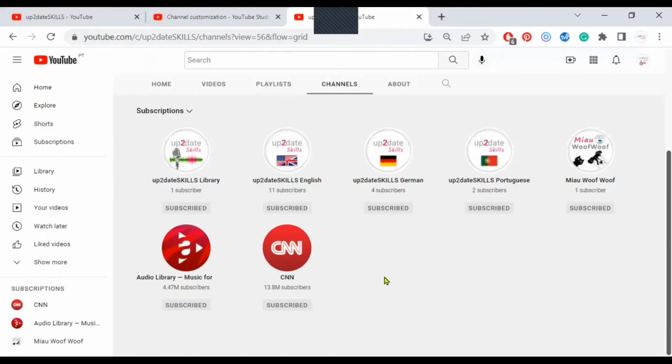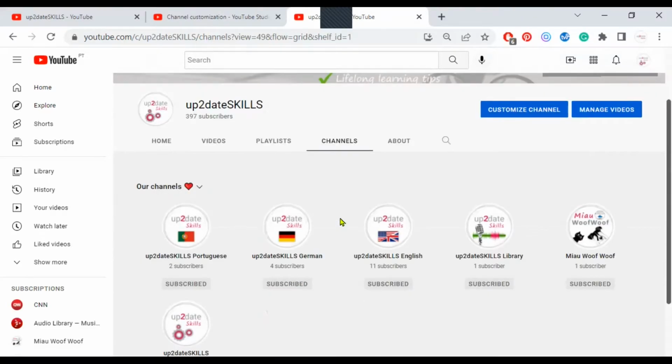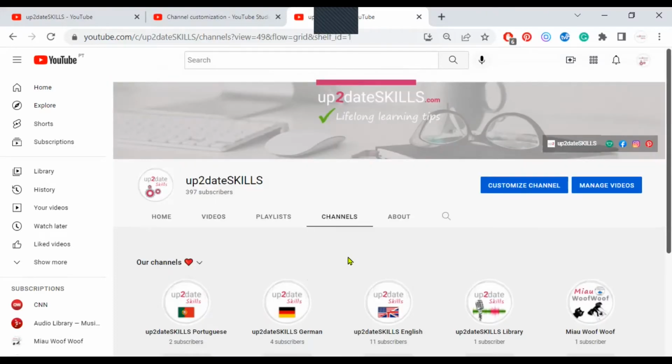But let's say you don't want other people to know which channels you have subscribed because they are not related to your channel or for some other reason, but you still want to keep your featured channel section. To make sure your public subscriptions don't appear here on the channels tab, well, you have two options.